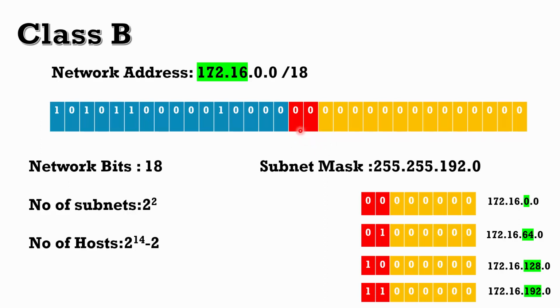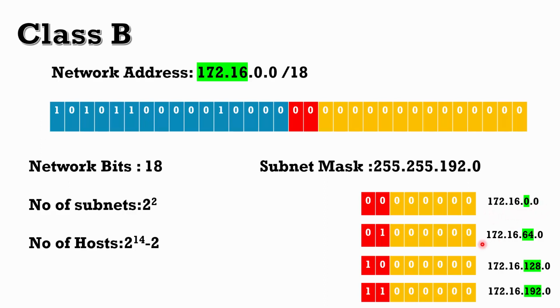So I have taken 2 bits from the third octet, and if I change the pattern for those 2 bits, I have 4 different patterns: 0 0, 0 1, 1 0, and 1 1. And according to that pattern, if I calculate the decimal values for that third octet, I have these values 0, 64, 128, and 192. And therefore, your subnet addresses will look like this: